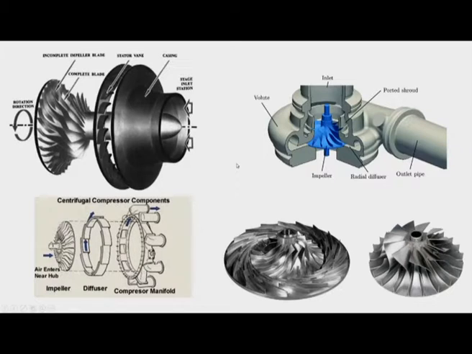Then there are different parts of the centrifugal compressor. We can see on screen that the centrifugal compressor is shown in different figures. So if we see the topmost left figure, then in that case the first left hand entity is called the impeller disc of the compressor, and then we have stator vanes, and then we have casing. So these are the 3 parts mainly for the compressor.